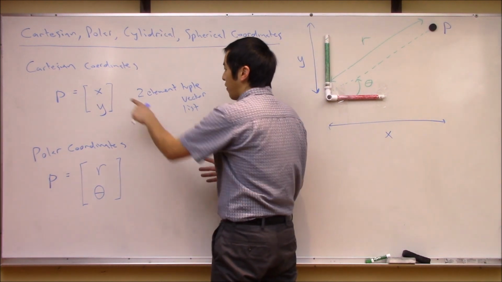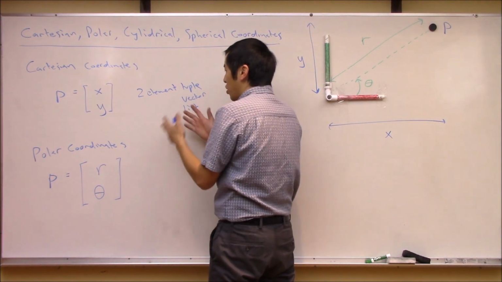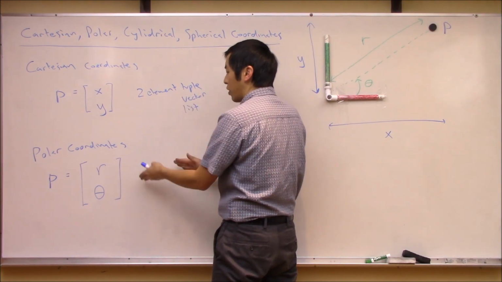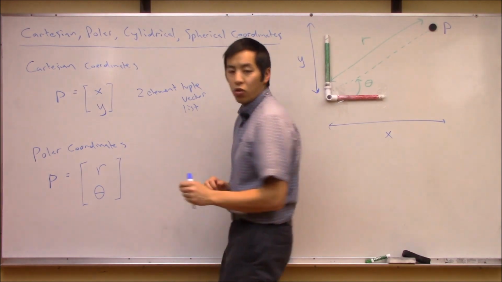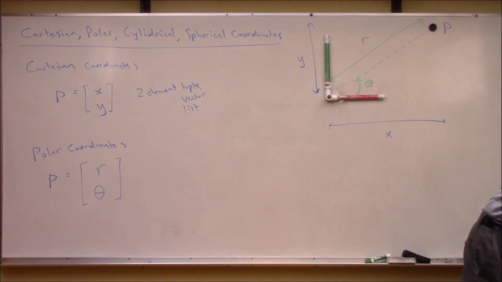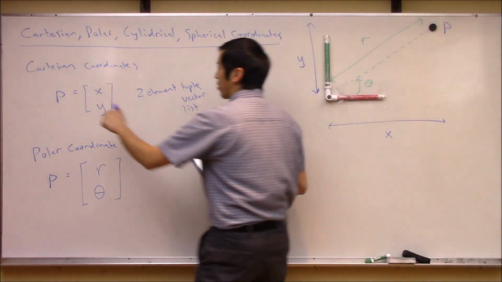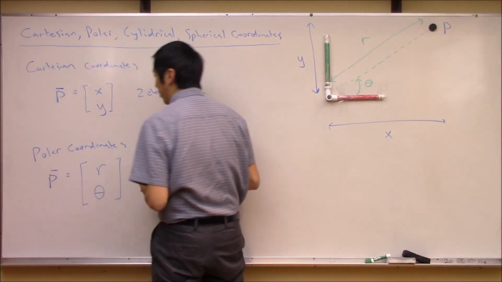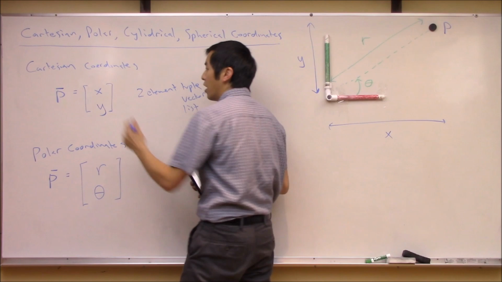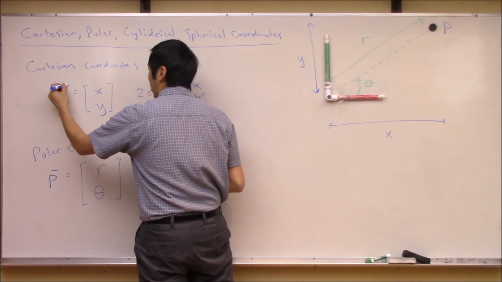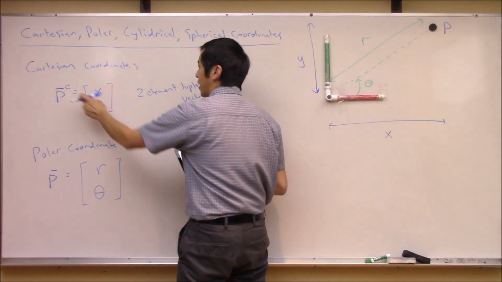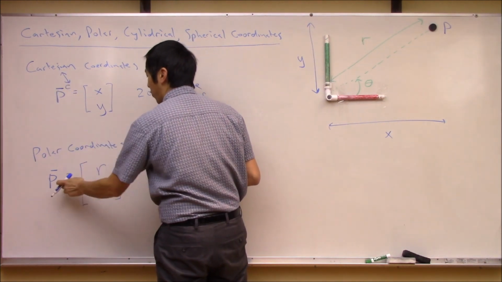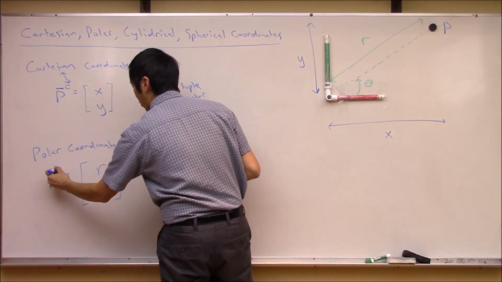Because if you gave someone just two numbers, you have to tell, do those two numbers mean the Cartesian coordinate system or the polar coordinate system? So to help with that ambiguity, let's give this a vector notation because it's 2 elements long, but also a superscript notation C. So C here denotes Cartesian coordinates, and over here let's give it a superscript P